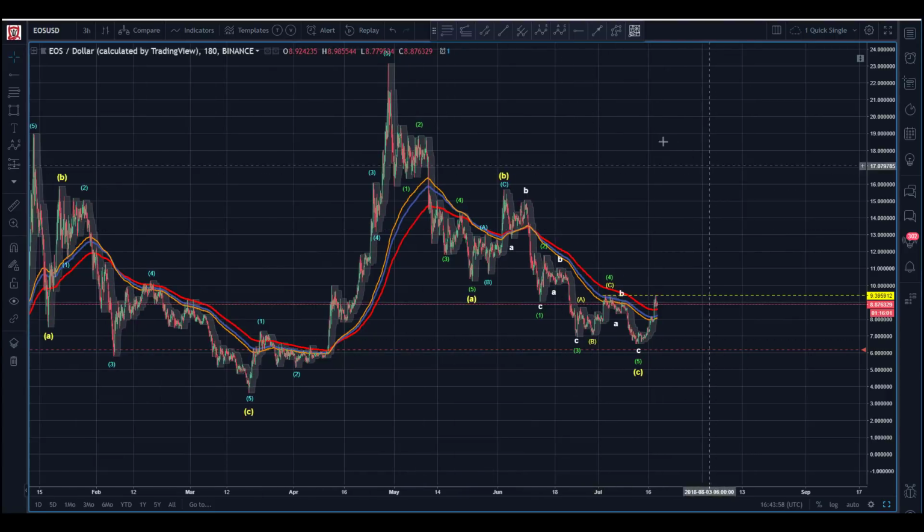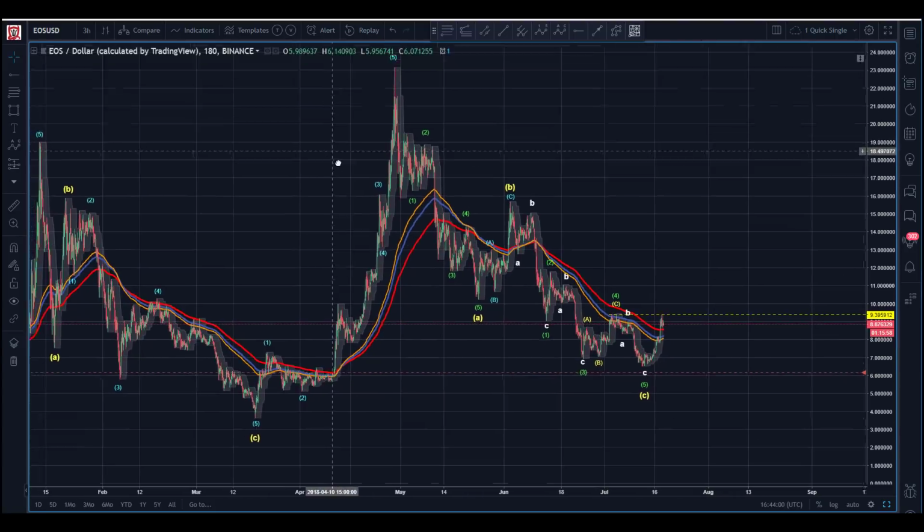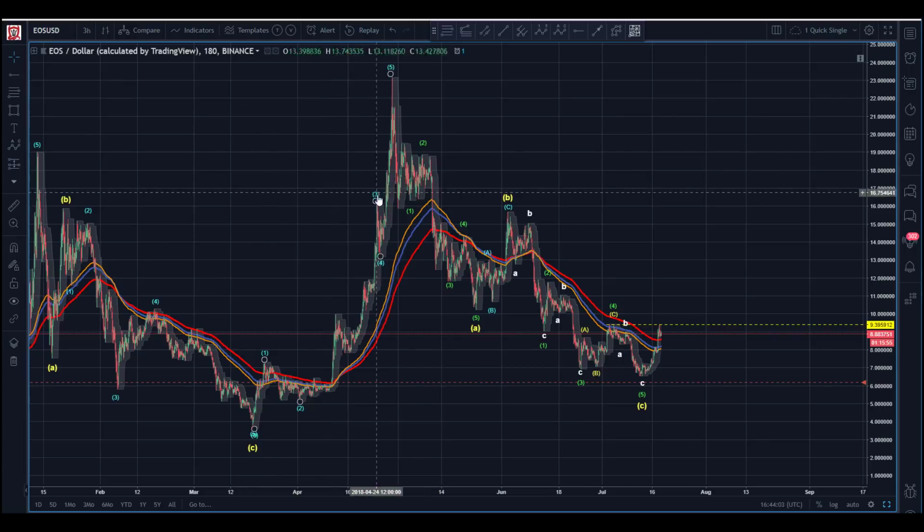Now, this is actually a good example for people that still wrestle with the idea of the difference between a diagonal and an impulsive wave. So they're both motive waves, but the distinction being the internal way that we count it, and then the overlap of the 4 to the 1. So we have to be clear about where we're looking for these. As this is currently counted, I have it as a diagonal. So we have an ending diagonal here in the C wave where we can allow for it. It's very commonly found. Now we can find an ending diagonal in the 5th wave or the C wave.